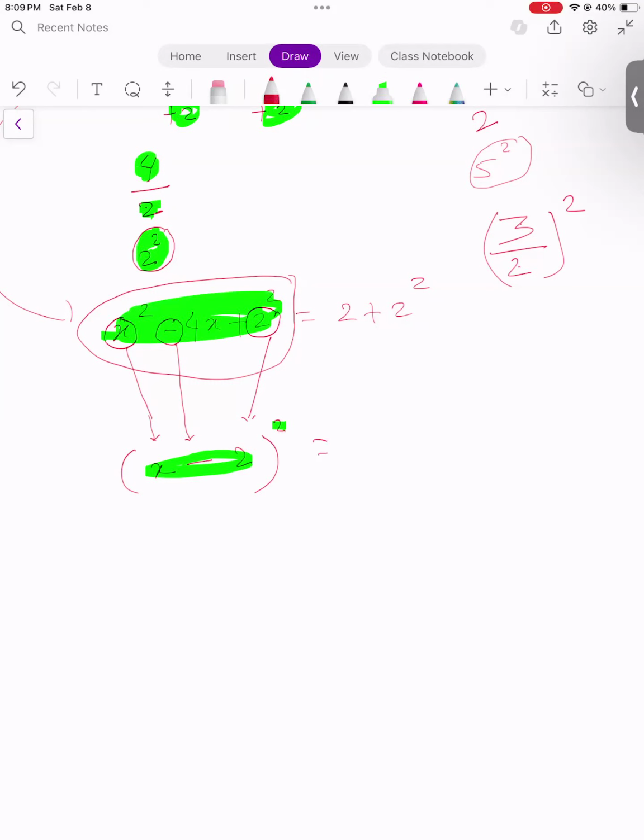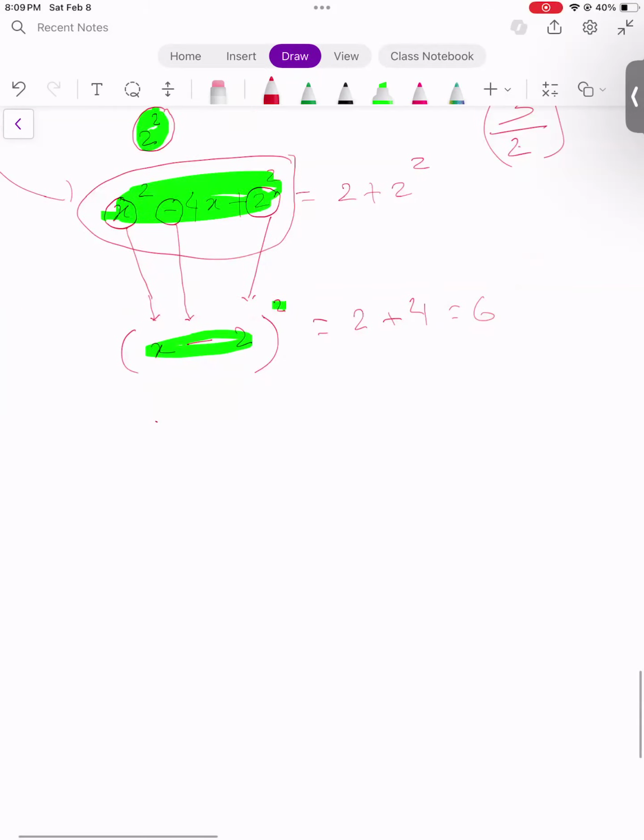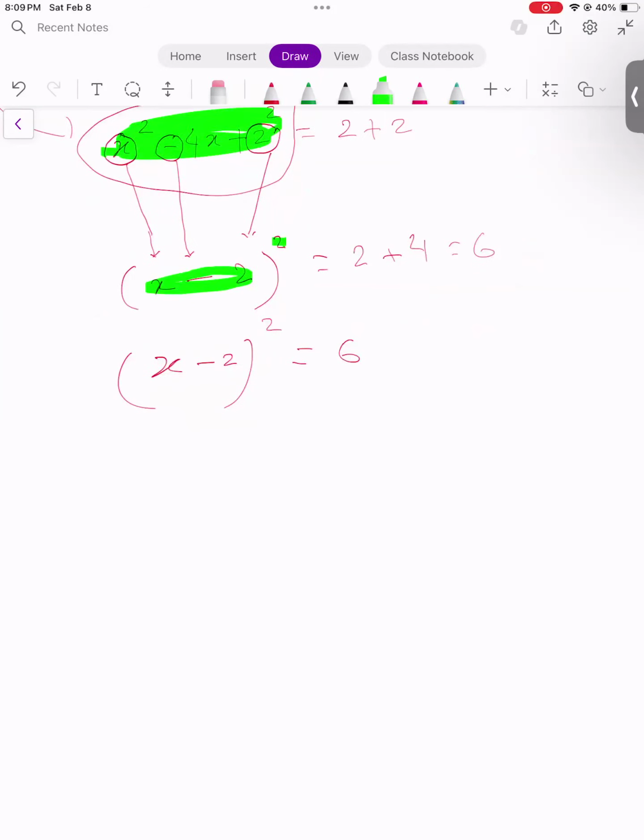On the right side, we have 2 plus 2 squared, which is 6. So this is (x − 2)² = 6. Okay, now we use the square root principle. We have a square here, we need to get rid of this square, so that makes this equation as